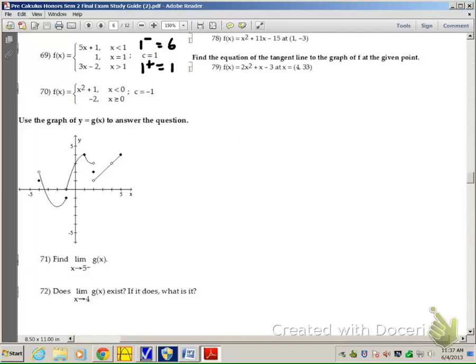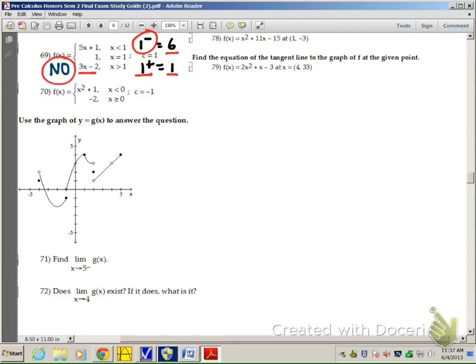Problem 69, we're still trying to figure out whether f is continuous at, in this case, x equals 1. If we look at the limit as x approaches 1 from the left, the limit from the left is equal to 5 times 1 plus 1, so 6. And the limit from the right, we use this piece down here, and we replace x with 1. 3 minus 2 is 1. So we see the limit from the left is not equal to the limit from the right at 1, so the limit as x approaches 1 does not exist, and so therefore we say no, this function is not continuous